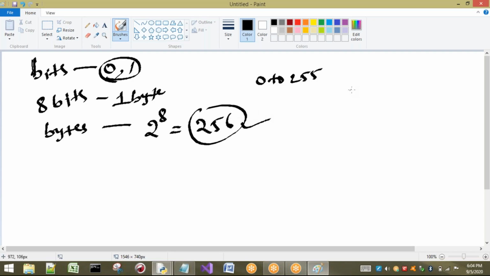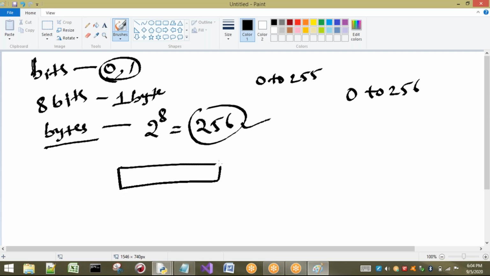In yesterday's class we saw the immutable reusability concept. Initially 0 to 256 objects will be created for int type data. In the same way, here I am going to discuss the bytes data type. Bytes here is not a single byte. Bytes means a group of bytes, a group of byte values. If you want to store a group of byte values, then I have to go for a data type called bytes. This is to represent a group of byte numbers, meaning 0 to 256.